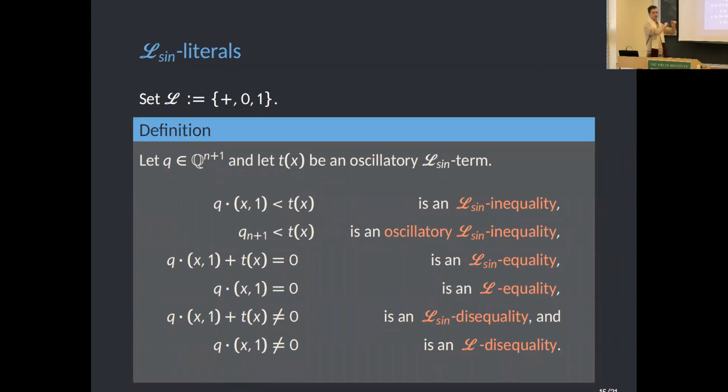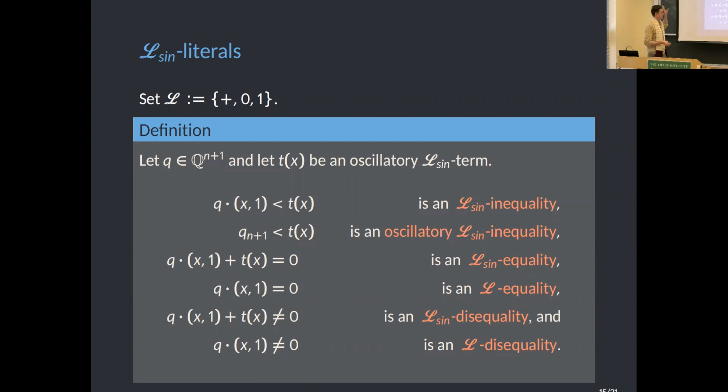Okay, and so then some definitions. Because as I mentioned, this first phase of the decision procedure is to simplify the literals that we're considering in the matrix formula of the sentence that we're trying to decide. It's helpful, I think, to name these types of literals just so we can speak about them somewhat more intuitively, if you believe that I've named them all. So the ones that we'll need in this case, basically we have 2 types each of inequalities, equalities, and disequalities. For the equalities and disequalities, we consider L-sign equalities and disequalities as what they sound like, where it's an equality or a disequality of L-sign terms,